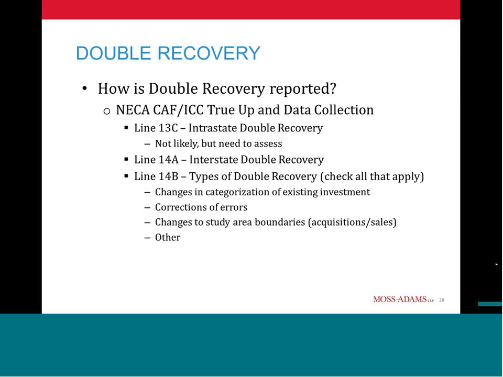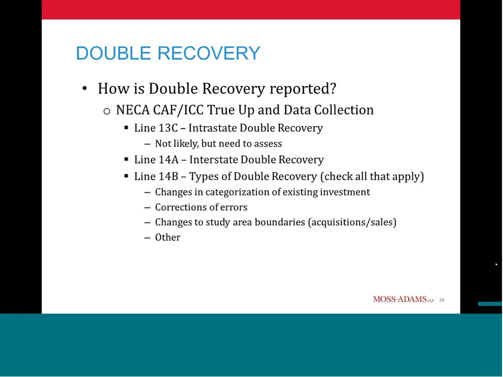So how is double recovery reported? I think Dawn touched on this fairly well earlier, but I'll just hit on a few things here. In the NECA CAFICC true-up and data collection, there are several different line items that involve double recovery. In the intrastate portion of the CAFICC data collection, there is a line 13C that is supposed to include intrastate